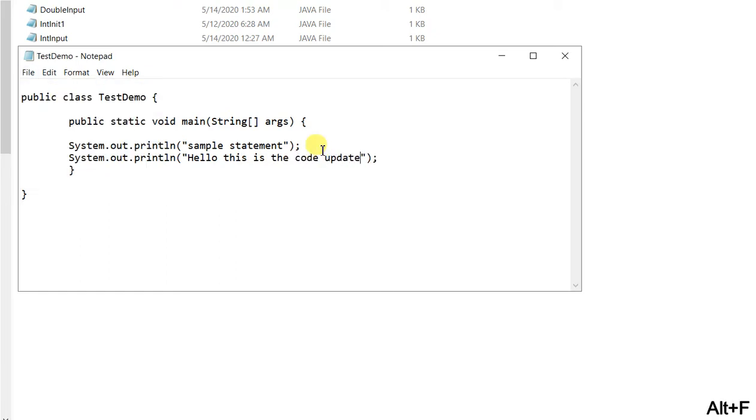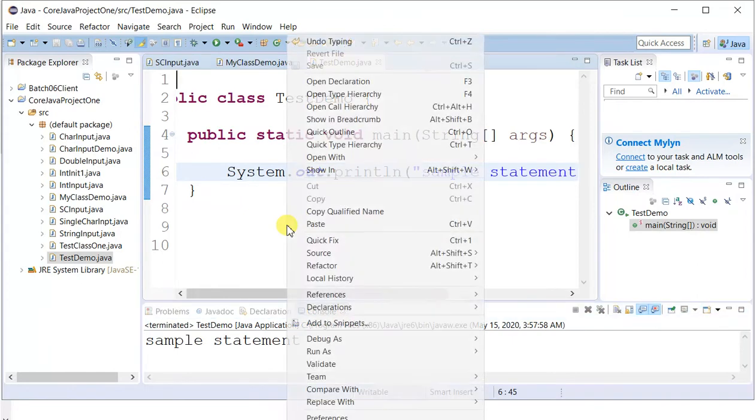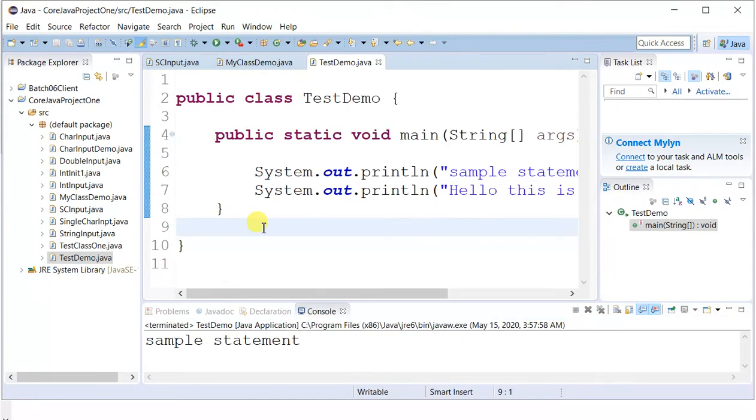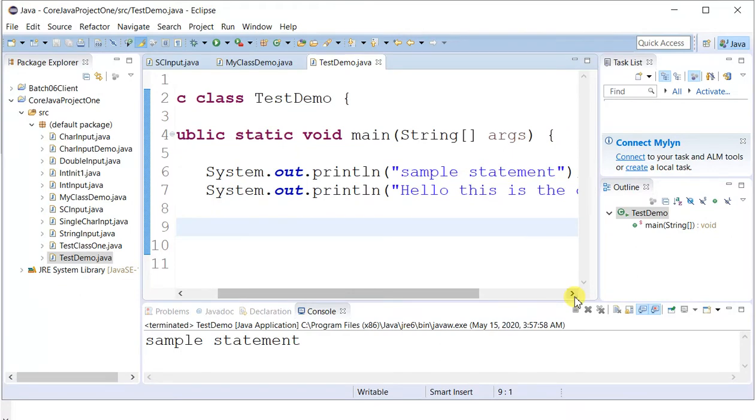Now let me save it. I just closed it. Now let me refresh. Can you see the code is reflecting? Yes. So that is the file path where we can access the file in flat form,